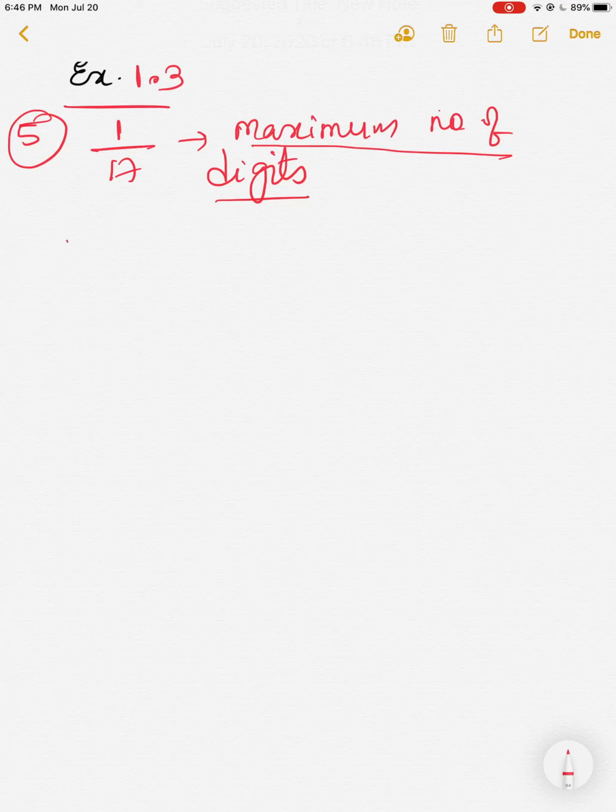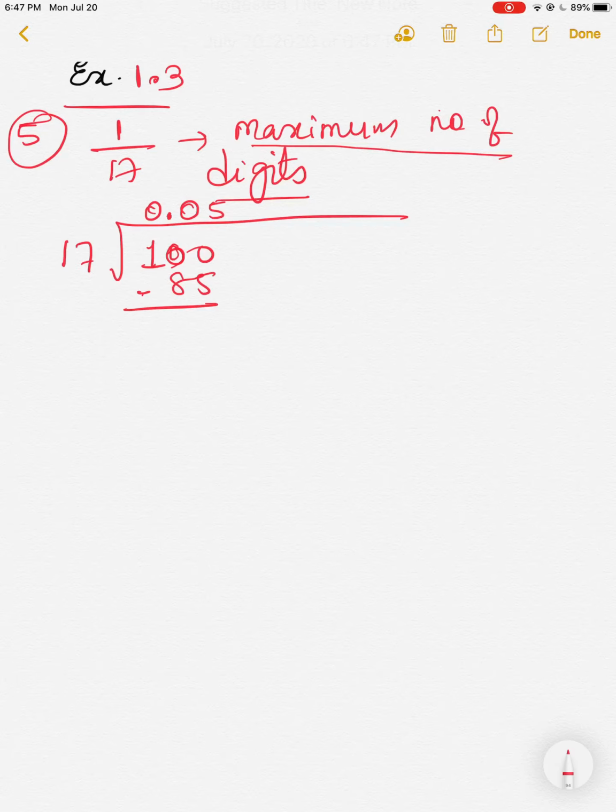Okay, now let us start. So 1 divided by 17. Okay, so now here 1 is smaller, so we will be taking 0 point here, 0. If you take decimal, you can take 0 here. So one more 0 we will be taking because 10 is smaller than 17. Okay, now we can take 0. 17 5s are 85, minus. Okay, here we will be getting 15. As decimal is here, you can take 0 here.